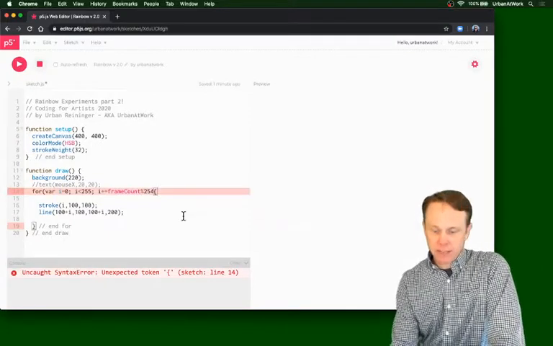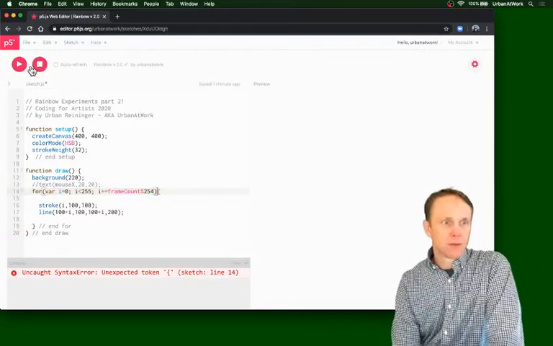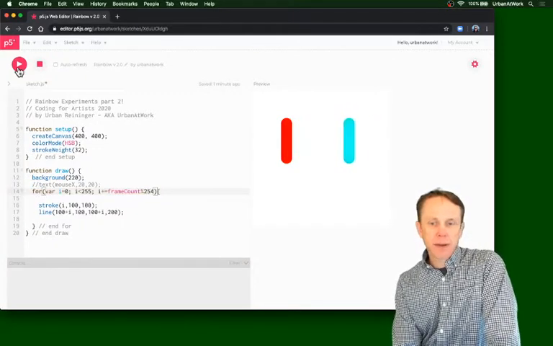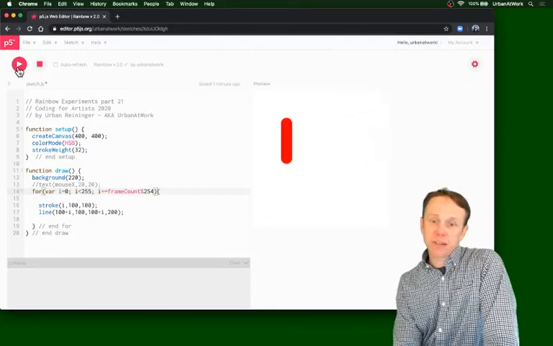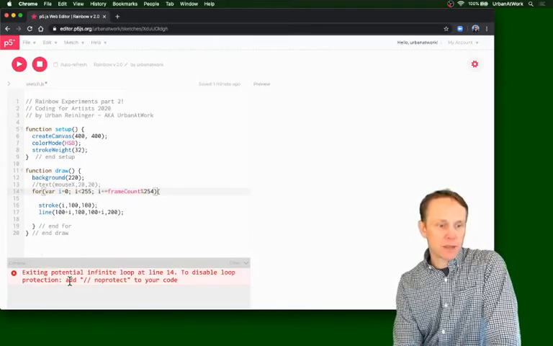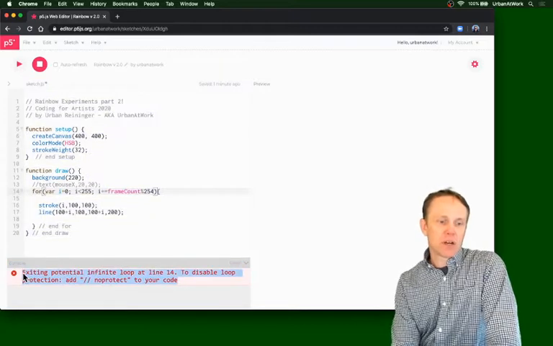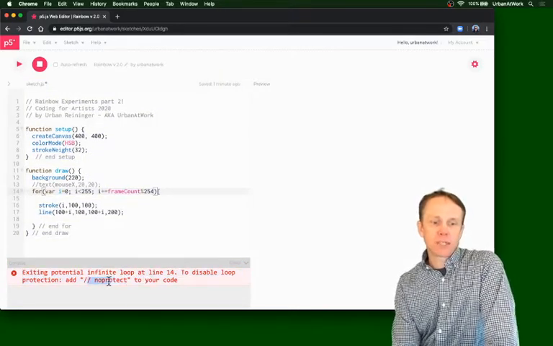Oh, well, I guess it would help if I close my parentheses. Let's see. That one's stepping all the way out. My hope here is that once it got too far out, it would then pick up and start over again. And then it wants to exit. So you'll see that there is a way for it to run. If you start running this no protect in your code,